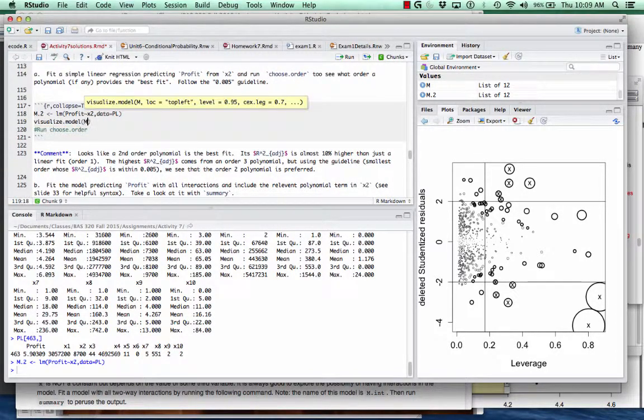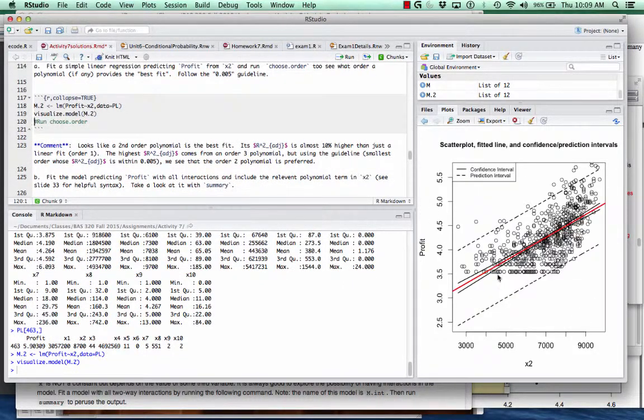So visualize model M2. We see that, okay, maybe there's a hint of curvature going up this way. There's that hard-coded minimum value of profit. That's kind of a weird feature in the scatter plots. But we might be better off by actually fitting a curve to this relationship, a polynomial model, instead of just a linear model here. So what we're going to do is take the model we just fit